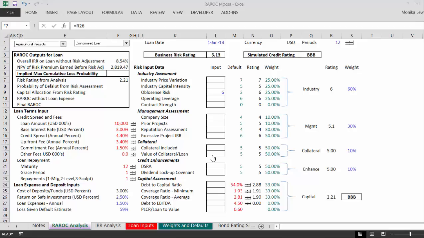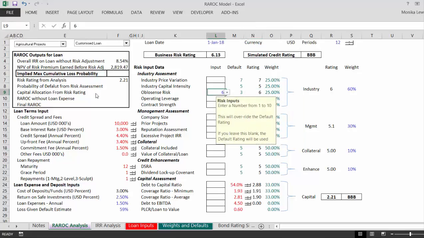Now, what we're going to do is, if you haven't seen a couple of the earlier ones, we've got some data on the loan. We've got some data on trying to measure industry risks, management risks, and we've got some financial ratios. We put it together in this allocation, and the various different factors come from